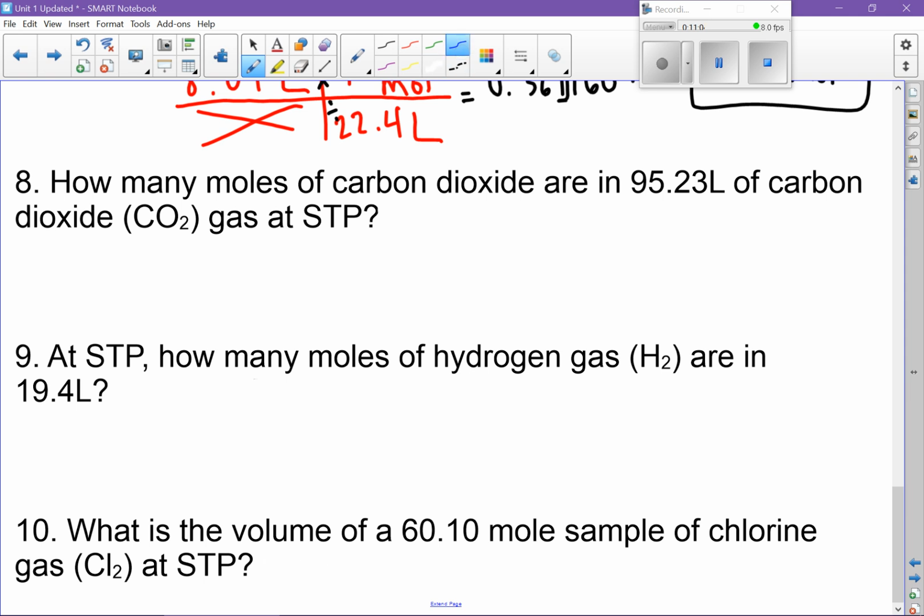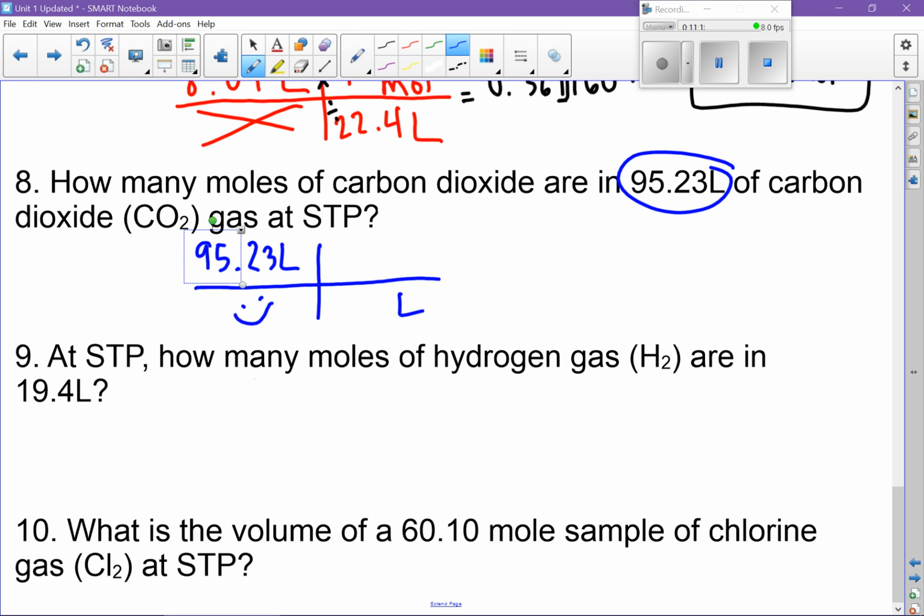Alright, let's look at number 8. Here's our number. That's where our fence will start. Okay, draw your fence. Nothing down here. If liters is up, liters is going to go down. Next thing, you're solving for the number of moles. That goes on top. So, moles always gets a 1 with it, and liters you need 22.4, the molar volume. You're going to put this in your calculator. You're going to times on the top, divide down. When you do that, you get